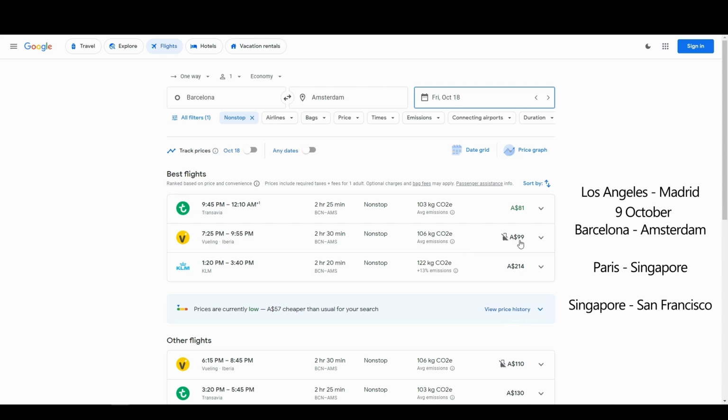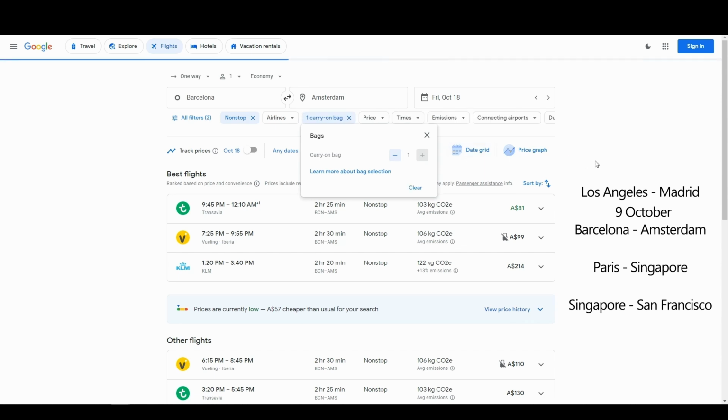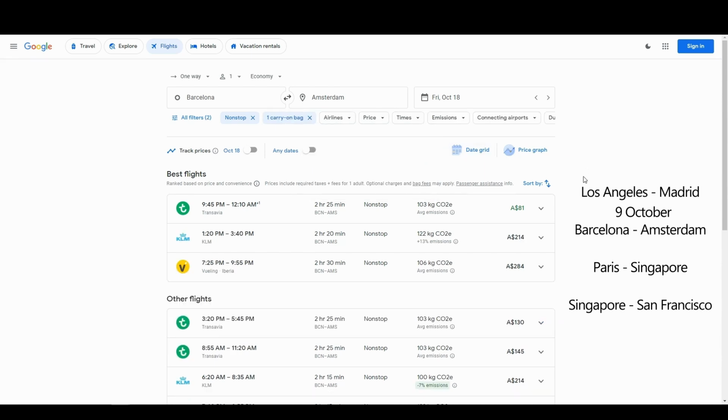So watch what happens when I add the bags option. I'm assuming we have one carry-on. Now you see that Vueling is more expensive than KLM, while before it was the reverse. So try to use this feature, especially if you search for cheap flights with budget airlines. It's really important. It might save you a lot of money.